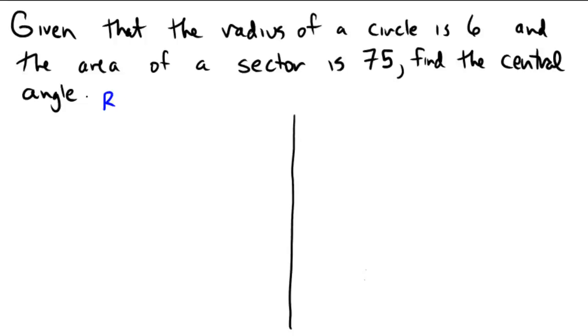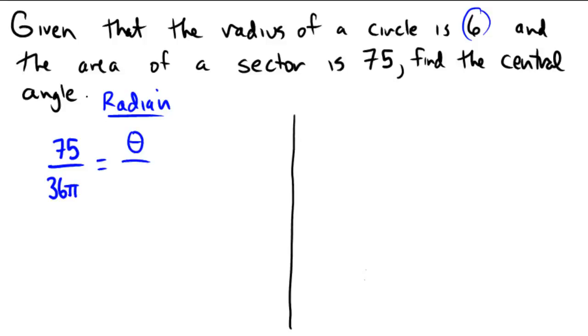Radian and degree mode. So on the left, area of the sector is 75. Area of the circle, since the radius is 6, is pi r squared. That's 36 pi. That's going to give me an angle out of an entire circle, and the entire circle in radian mode is 2 pi. So to isolate theta here, we're going to multiply 2 pi on both sides, so that way we cancel. And theta would be equal to 2 pi times 75 divided by the quantity 36 pi, for